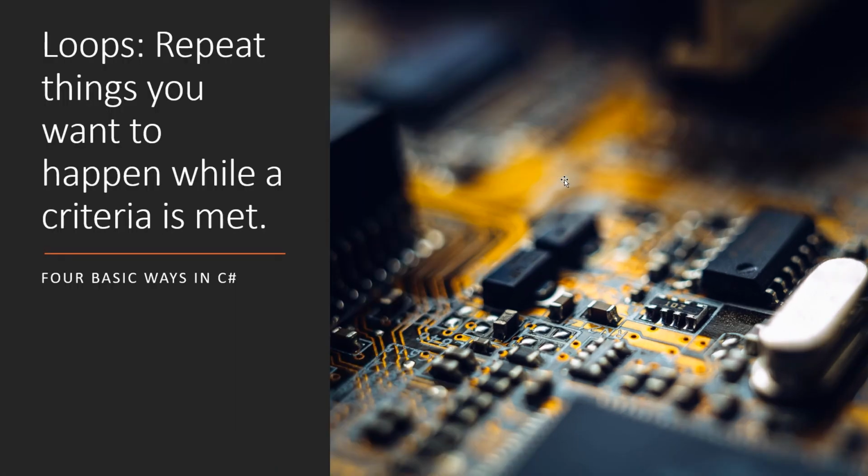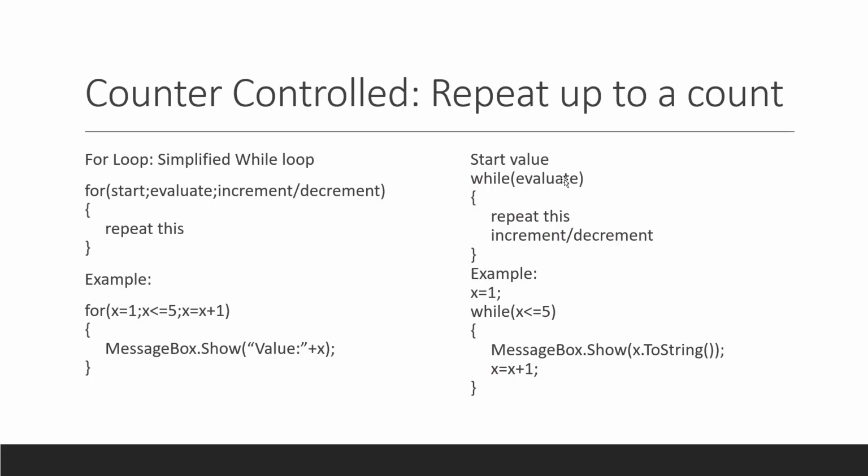Okay, so loops are things that we want repeated during a program. They are controlled by criteria which you set within the program. Counter-controlled loops repeat up to a particular count. A type of loop is a for loop, which is a simplified version of the while loop, which is over